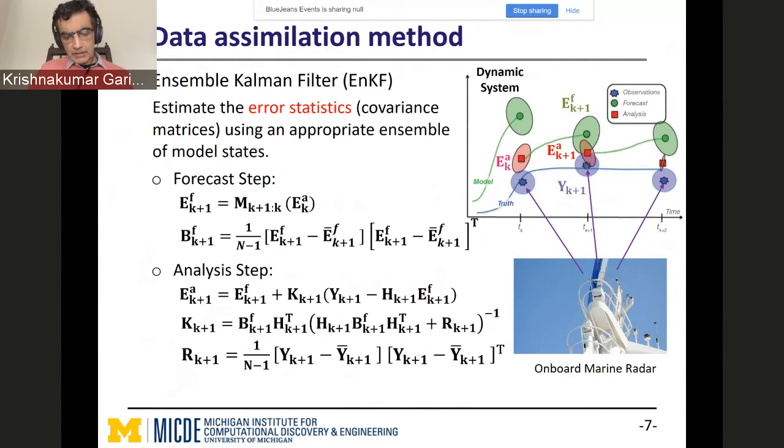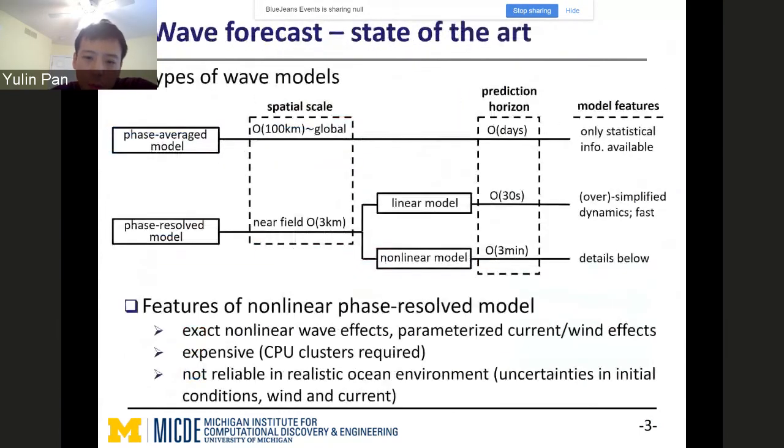What other approaches are being taken broadly in the field to get to real-time forecasting? Right now the method used is mostly the linear model for the phase-resolved forecast. The nonlinear model is developed, but it is mainly used for the physical study of the waves, not for the operational forecast, because of the uncertainties and also because it is too slow. For the data assimilation part, there is some research on using the variational method, but we think for the operational forecast it is more suitable to use a Kalman filter type of method.